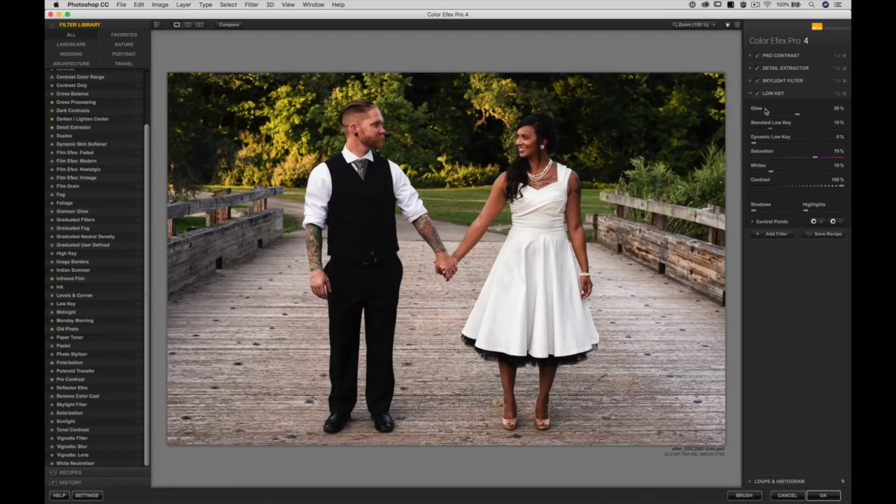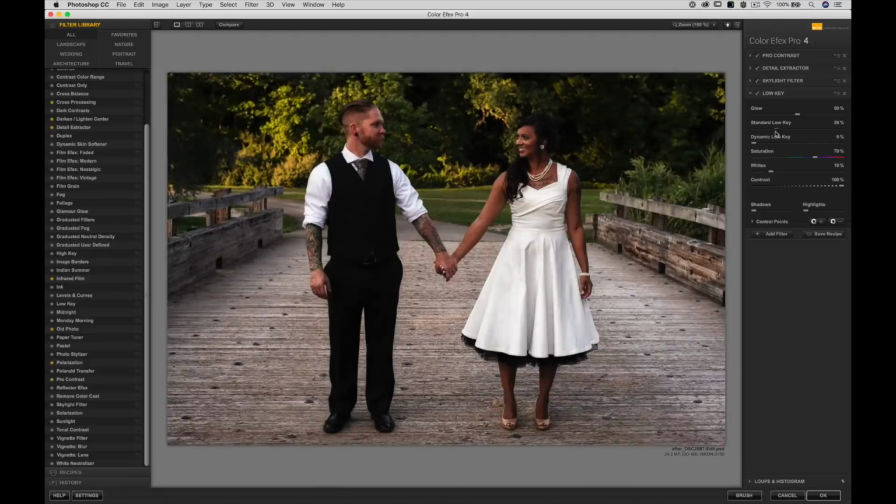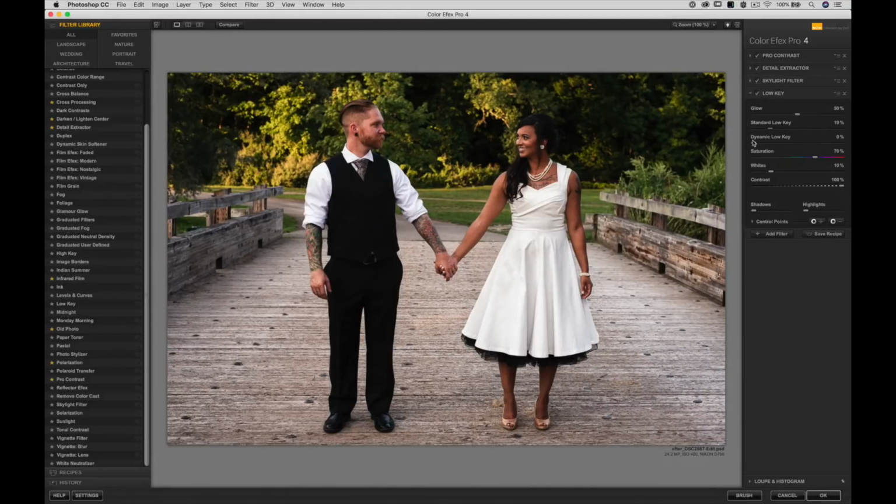Each of these filters, of course, has its own set of sliders. Some of them are more self-explanatory than others, like the glow sliders, pretty self-explanatory. The low-key slider, the stronger you have that effect, the darker the image is going to get. And then you have a dynamic low-key slider as well. What this slider does, I'll relate it back to Pro Contrast. It's looking at the image and it's affecting the highlights at a different rate than the midtones and then the shadows. So basically, it's dynamically adjusting these tones, and it allows us to create a more controlled environment,